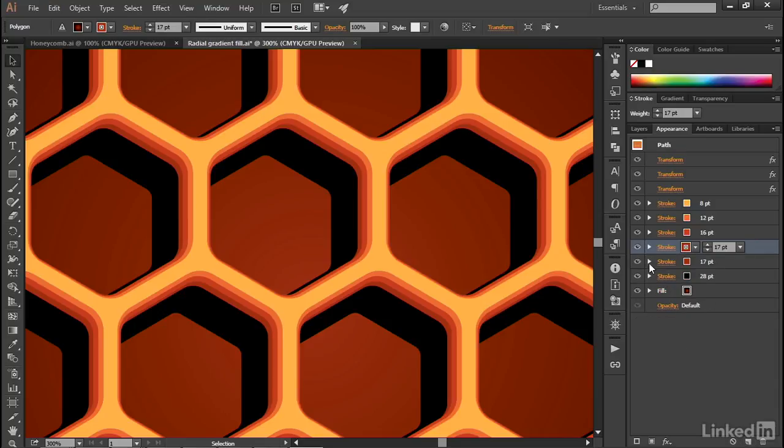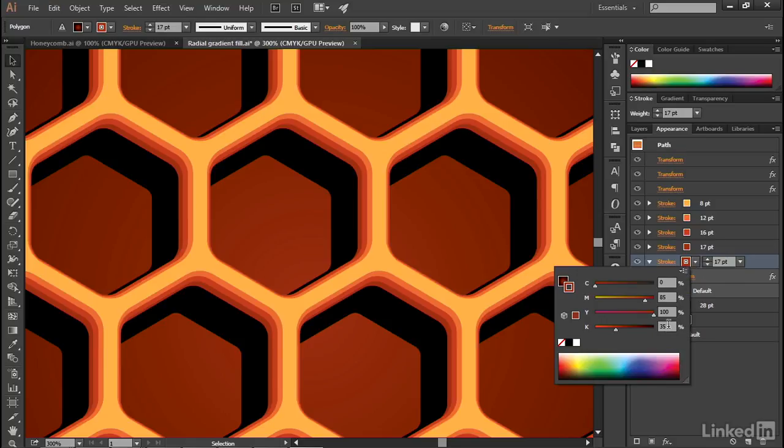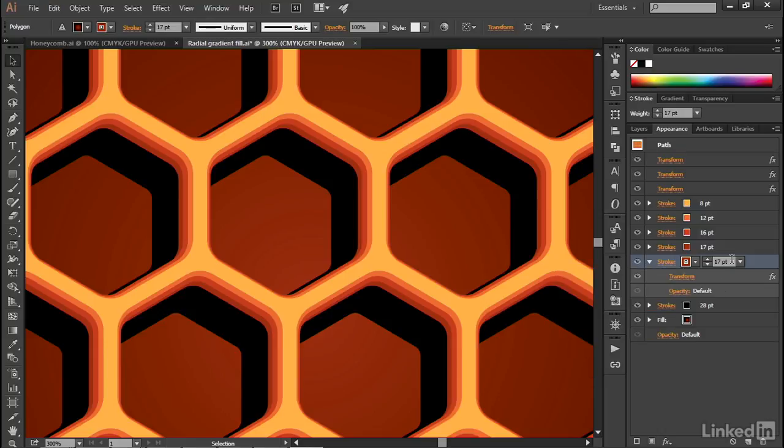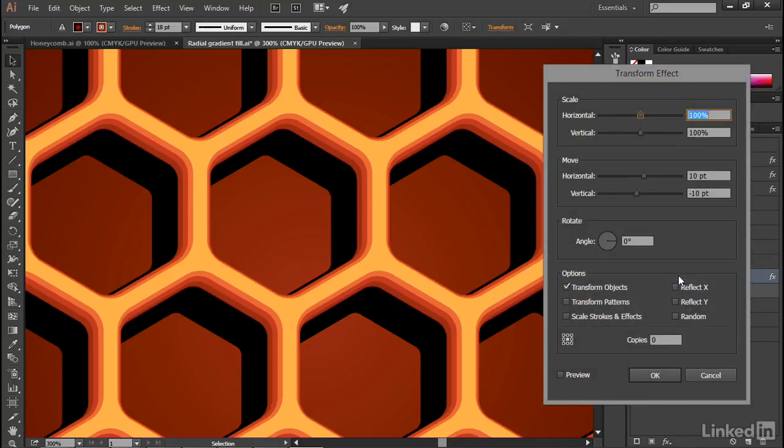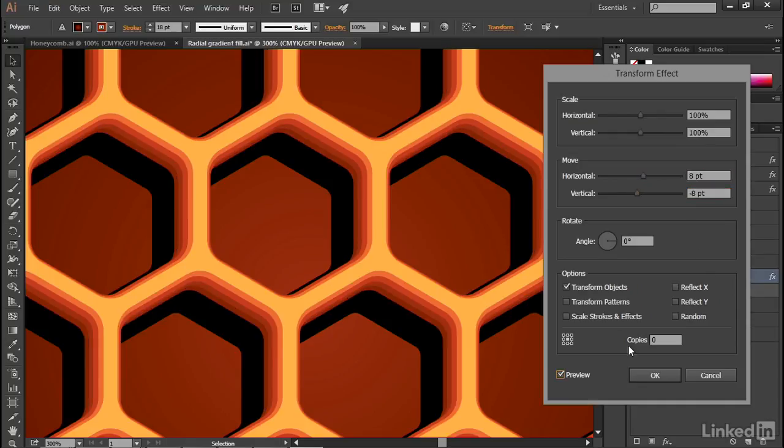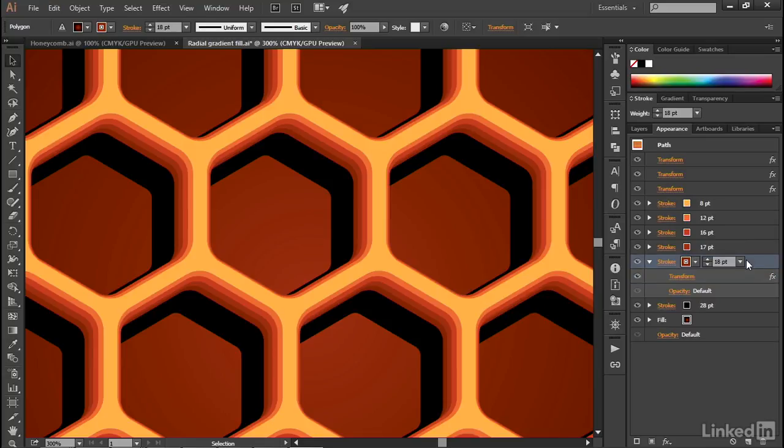Close that stroke, open the new one, go ahead and click on it to select it, shift-click on its color swatch, change the K value this time to 50%. So we're midway there, then press the Enter key, the Return key on the Mac to accept that change. Let's take the line weight value up to 18 points, so we're working in baby steps here. Click on the word transform, take the horizontal value down to 8, take the vertical value up to negative 8, turn on preview checkbox, there's our new stroke, click OK, go ahead and select that stroke,